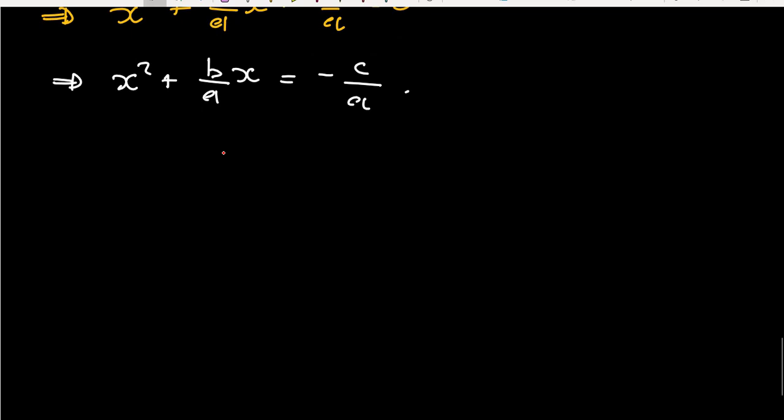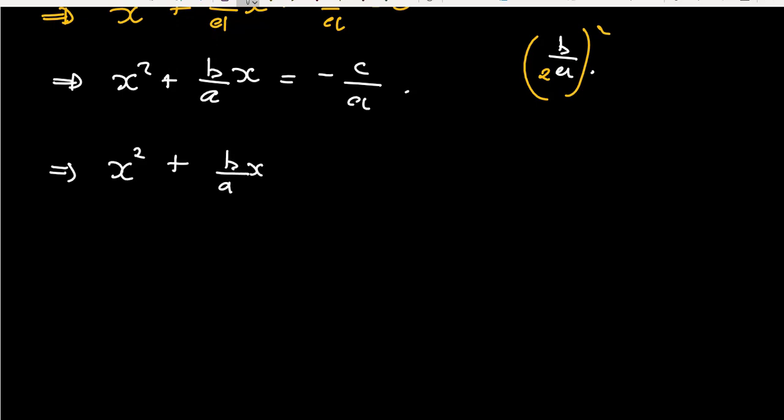Now the next thing is we are going to have the coefficient of x, square it and add on both sides. Now the coefficient of x here is clearly b divided by a. So halving it means we are dividing it by 2, so that's b onto a, then we square it and add on both sides. So what we get is we have x squared plus b divided by a x, then we have plus, we now add the term b on 2a, all of this squared is equal to negative c on a,